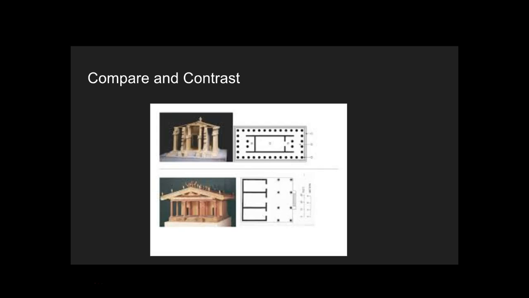Here is the compare and contrast between an Etruscan temple and a Grecian temple. Like I said, there's only one cella in a Grecian temple. The colonnade runs all the way around, and then we have the stairs with the stylobate that run all the way around as well. The portico here is only in the front, we see the columns here, and then typically they have 3 different cellae.